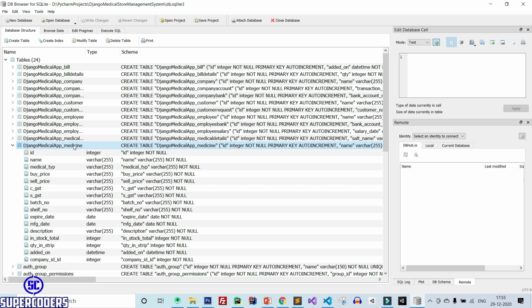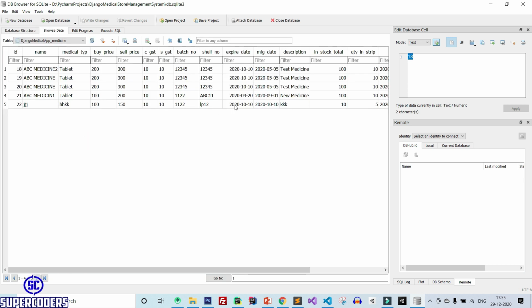After that open medicine, browse table and let's change the expire date to today or tomorrow. So edit it 12 and 30. So here I update the expire date, click on reload and you can see expire date update.